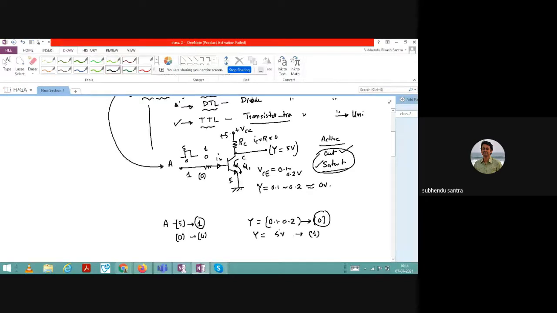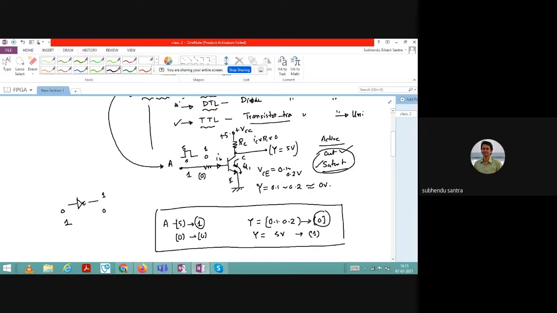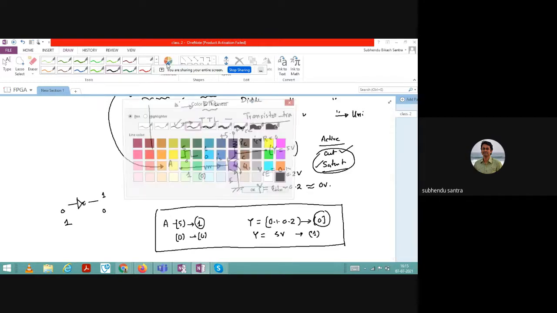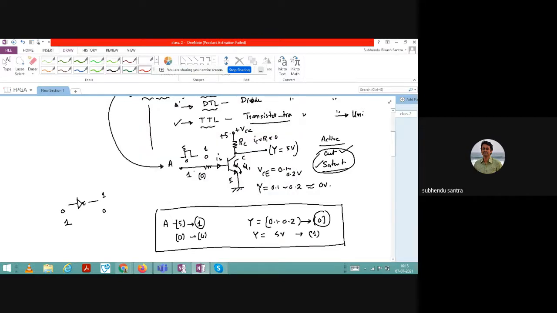So you can say this is the principle of a NOT gate, what you expect: if you give a 0 it will be 1, if you give 1 it will be 0. In the logic level it performs the same. So this is the original circuit which is used internally as a NOT gate. This type of circuit is always there for whatever logic operation you want to do. So you can consider this to be a chip, and here is the input and here is the output. Basically it is an analog circuit.